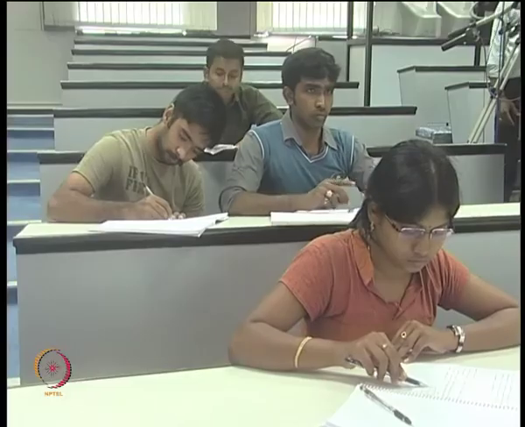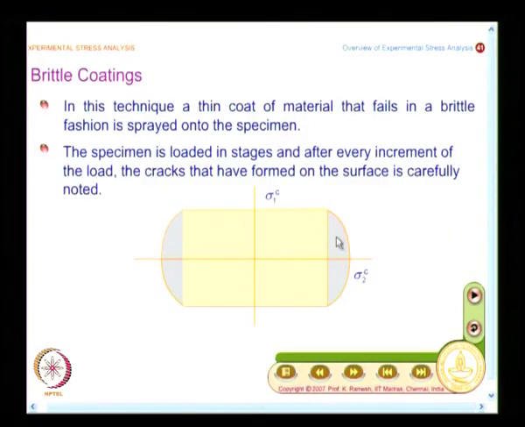Okay. And you see that for a pressure vessel, I have a pressure vessel here, and what we will see is, the pressure vessel is made of steel, that is what the grey color shows, and this slight brownish tinge, light brown, shows the area sprayed with brittle coating. Now, what I am going to do is, I am going to increase the pressure inside the pressure vessel, and what you find here is, I have first set of cracks formed. I notice that first set of cracks are formed, and I indicate the level of pressure by an arrow, and this pressure will keep on increasing.